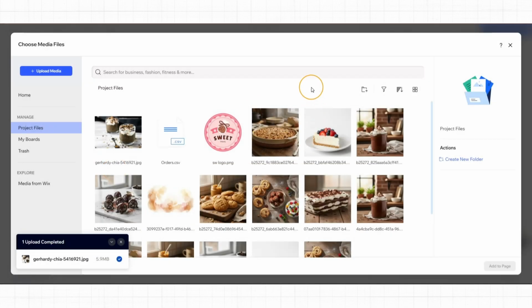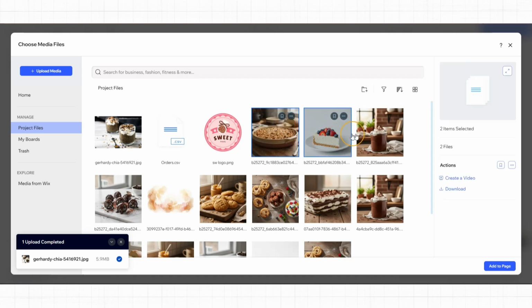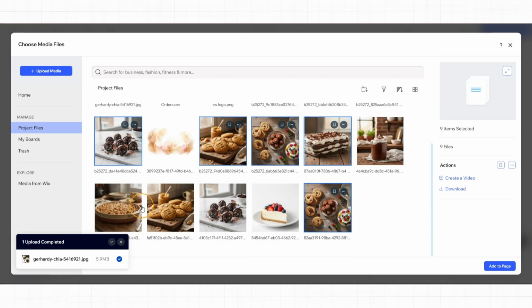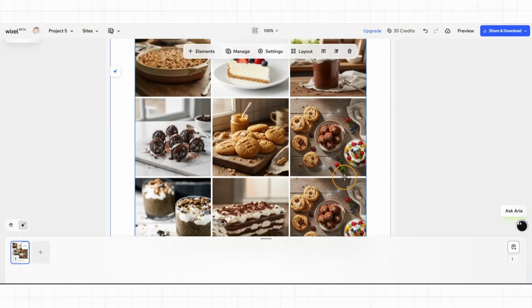On this window, select all the images you'd like to put together for your gallery. And in order to select multiple items at the same time, click on the first item you want to add, hold the Control key on your keyboard, and continue selecting all the other images you wish to add to your library. Once you're done selecting, click on Add to Page, and they will be added to your page with a